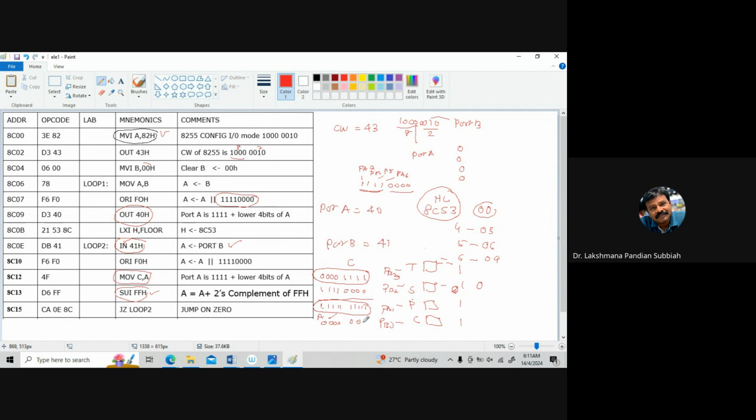Then we are adding the last bit as 1, because of the 2's complement, right? So F0 is all ones. The complement of that F0 is 0 0 0 0. Then for the 2's complement we are adding 1. So we are getting now this one as 1 0 0 0 0 and so on, right? Now we are adding the accumulator with the 2's complement of that one. So we are getting now all zeros,